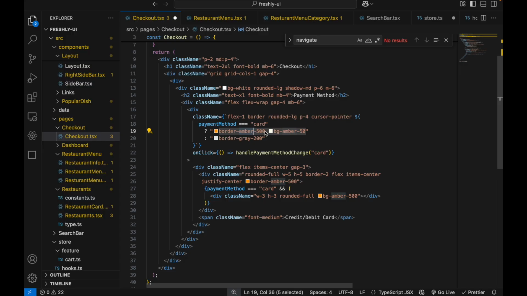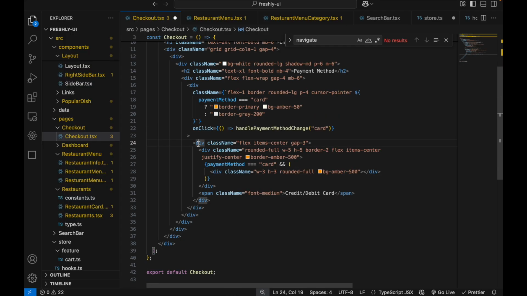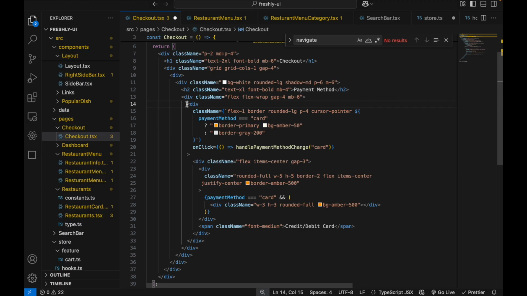Here we can set the border amber, border primary, and here we'll have one more div where we are just displaying if it is a card. Okay, the payment method is a card. So this is the div which I have added over here, and in this div we have onClick